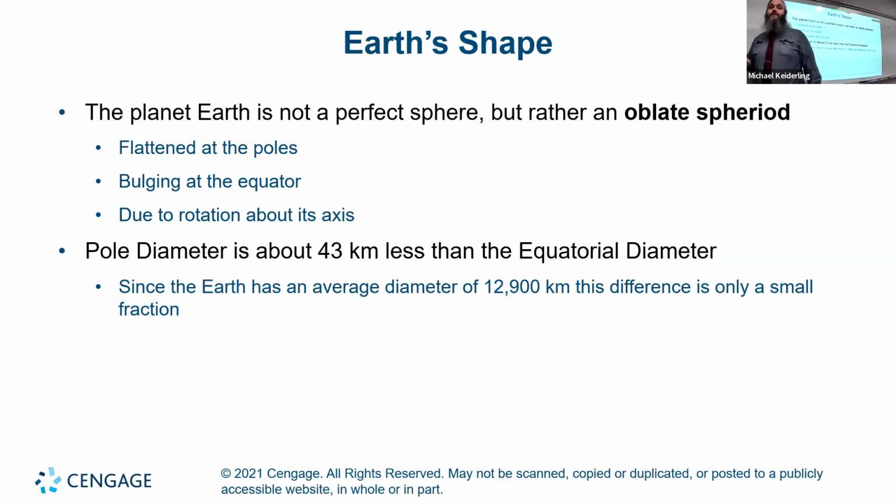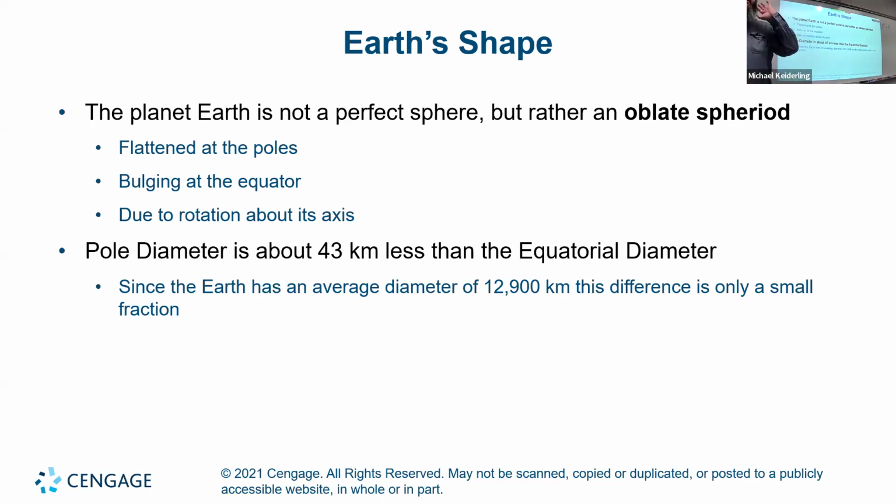So the Earth is not a perfect sphere. It's an oblate spheroid. What that means is that it's flattened at the poles and bulges at the equator. And that's because it's spinning. It's spinning, and that sort of pulls outward along the equators because of centrifugal force. And it bulges outward at the equator and is flattened a little at the poles. So the pole diameter is about 43 kilometers less than the equatorial diameter. This means